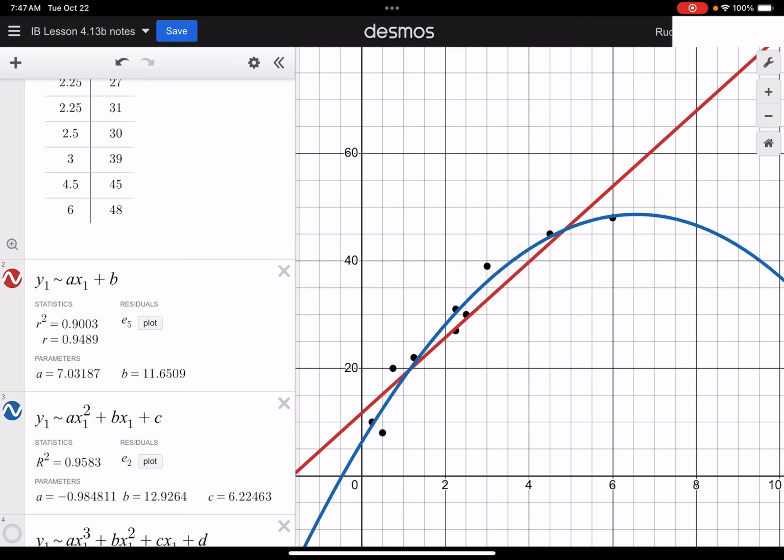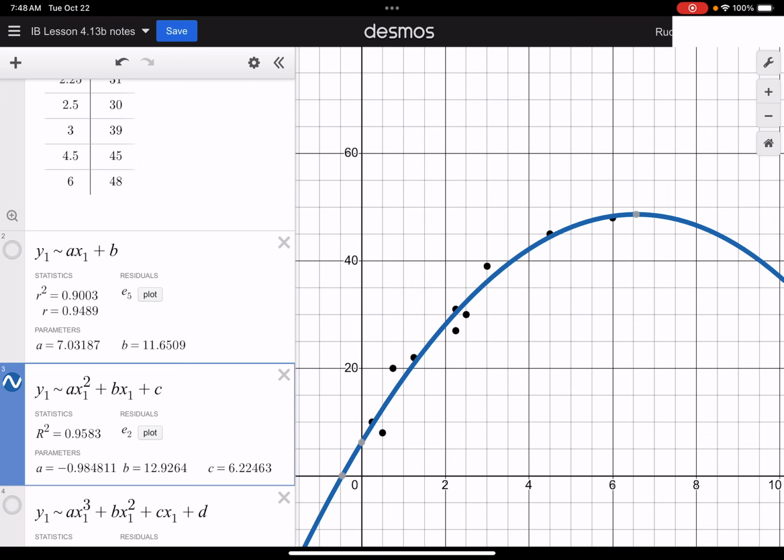So a quadratic model has a higher r squared value. But if we look at what the model is saying, yes, it comes close to the points. Actually, it's much closer to the points than the linear model. But for most of it, especially for extrapolating, it's a worse model. If we're interpolating, just looking within the data, this could very well be a great model to use. But if we want to extrapolate at all, according to this model, after a while,